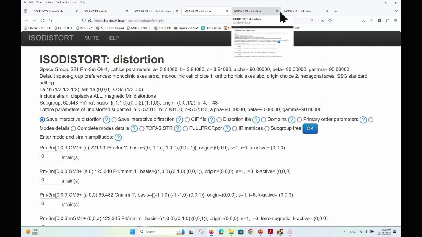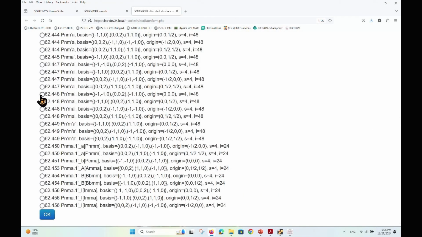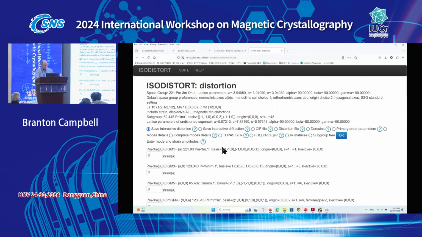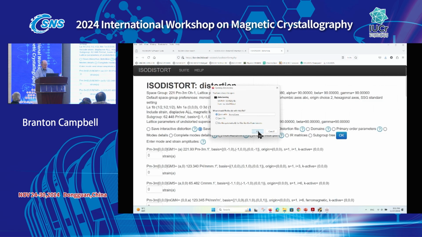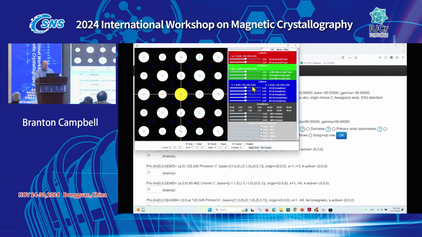Okay, let's see. Don't want to confuse myself too badly here. Let me make sure I'm going back to the, let's back up from here. No, one more thing. So let's try something here. There are a variety of different output options that you can explore. In addition to the interactive distortion, there's also interactive diffraction, which is quite a popular tool. So for the same structure, you can take these degrees of freedom and see how they impact the